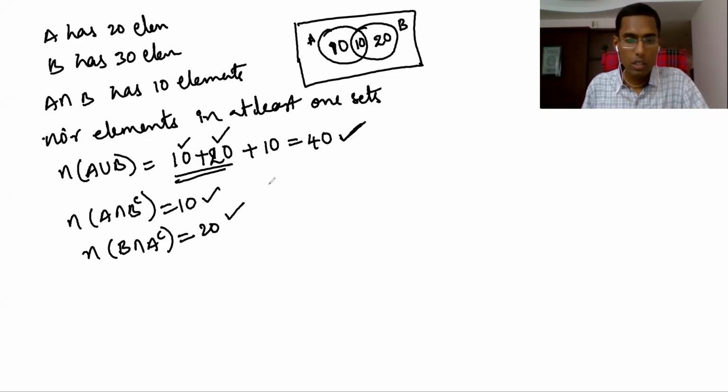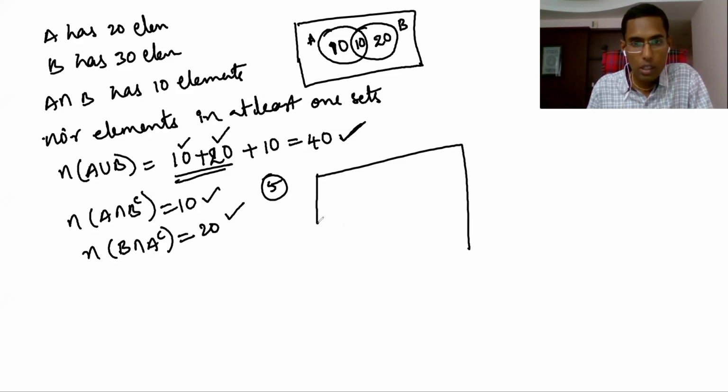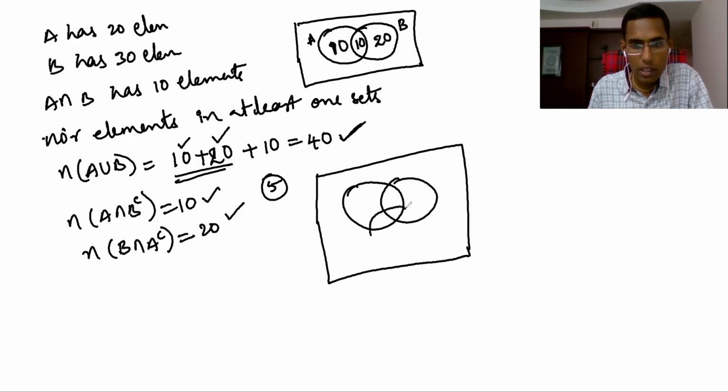Okay, this is what we discussed. So now let's go to the next one. What is that? A union B union C. Now we are going to A union B union C. Yesterday I discussed this, you should understand this point here. The first set and second set and third set. Okay, A, B, C, I'm writing.